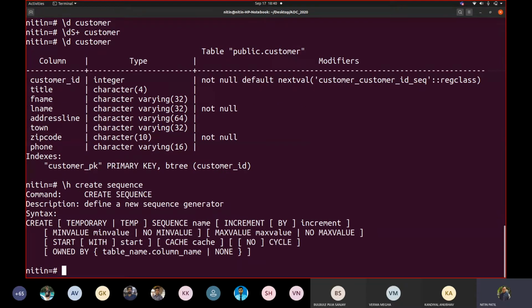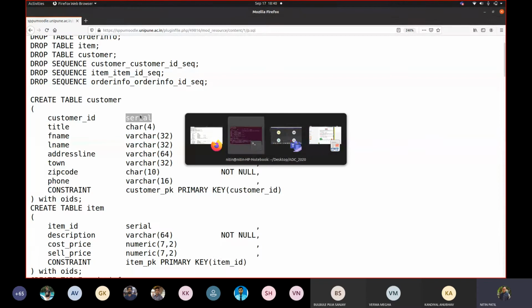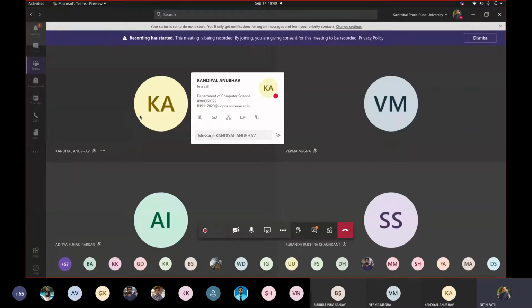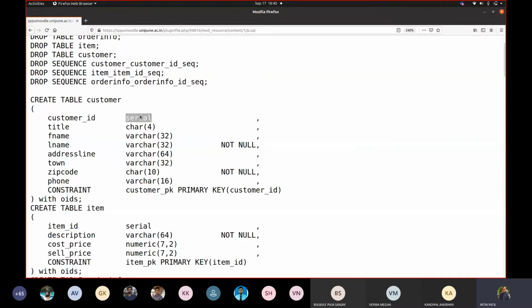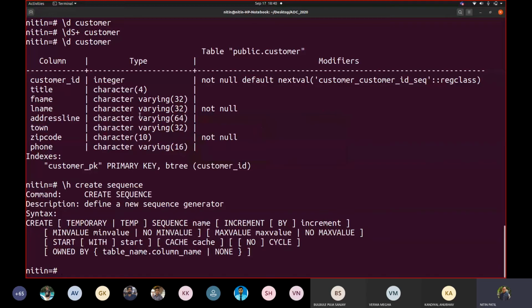If you write this create sequence, one minute, let me see whether the recording is up. Yeah. Okay, so if I see this definition of slash h create sequence, read it. Create, and again you will see the same option like temporary which we saw with the table. You can use this for temporary purposes for a while.